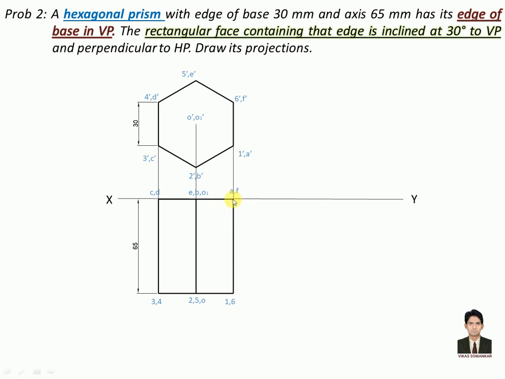So let's take point A anywhere on this XY line and from there we can draw line A1 at an angle of 30 degrees. We can take the distance of A to 1 and taking inclination 30 degrees we can draw this line which gives us point 1 and 6. So we have drawn point A and point 1. To draw other lines we should have different points like point C, point 3, point 2, point E. To draw those points we should refer to point A and point 1 which are available with us.